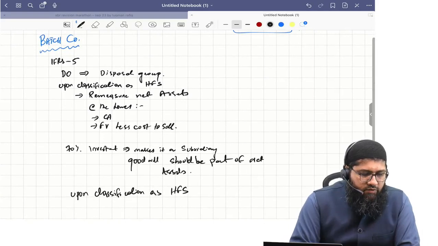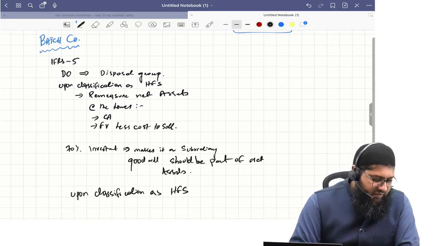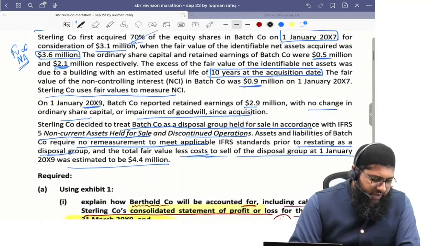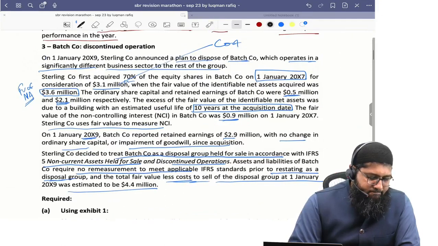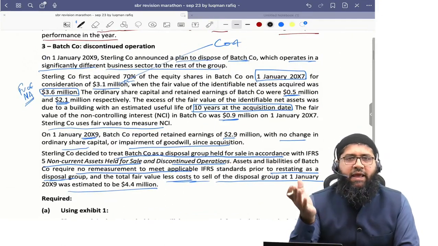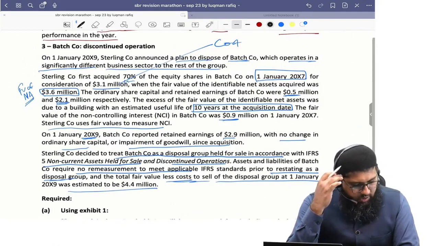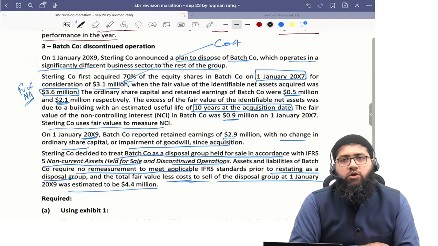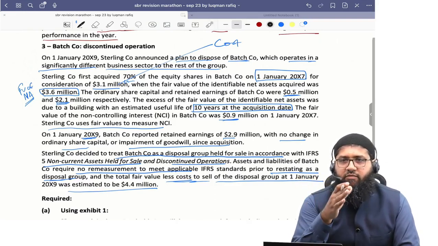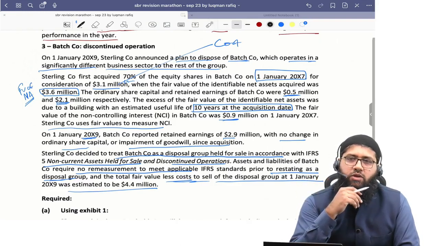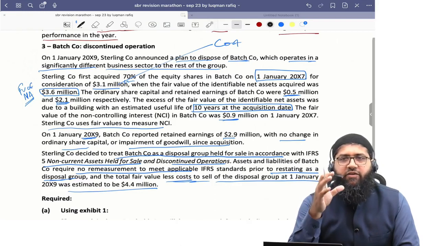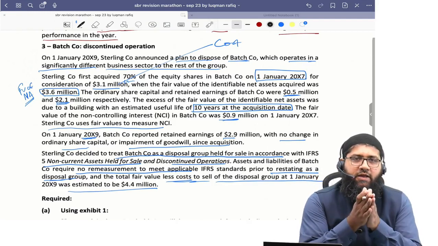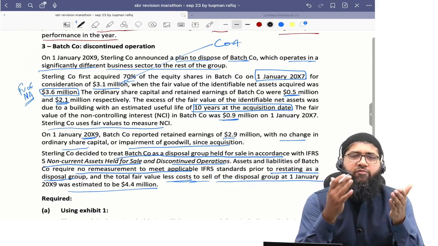Okay. See, I'll just repeat it again with respect to this batch company. We have gone through the scenario of the batch company and we know that a batch company is a separate major line of business for you as an entity. And what you have decided is that you're going to dispose of it during the year. So whenever we decide to dispose of a company, we classify it as held for sale. And when there is a subsidiary, a subsidiary is considered to be a disposal group. A disposal group is a group of assets or associated liabilities that are going to be disposed of in a single